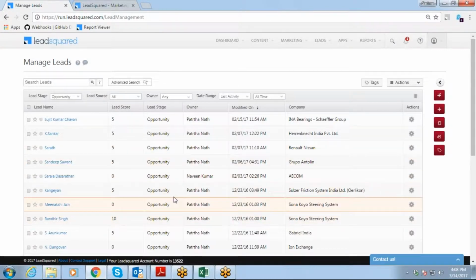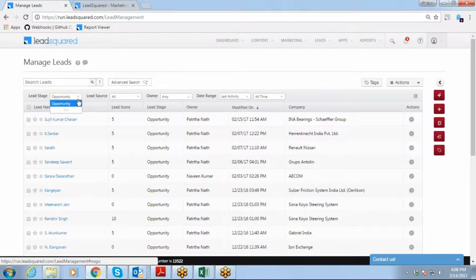Everything you can see. I'll show you how you can see that. See, we have this filters tab here, right? These are all the leads which are added in your account. Now you can filter out those leads on the basis of the stages. For example, you want to see all those leads who are in prospect stage. If I click in here, every lead who is having the stage as prospect will be available.